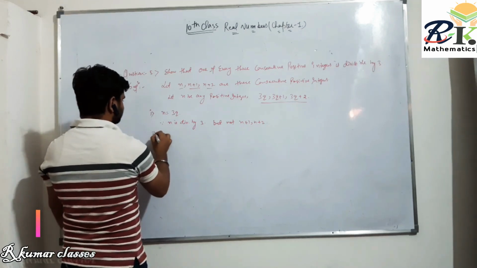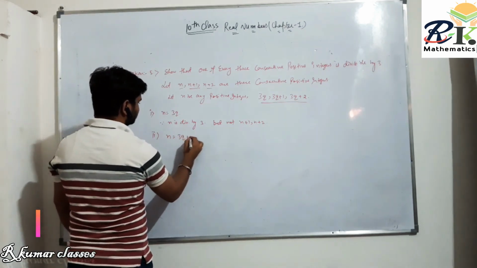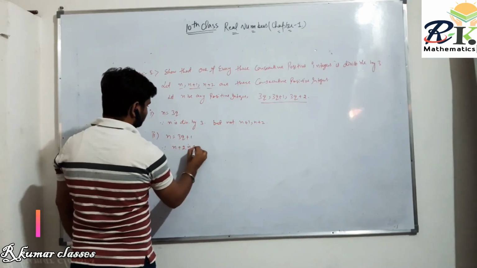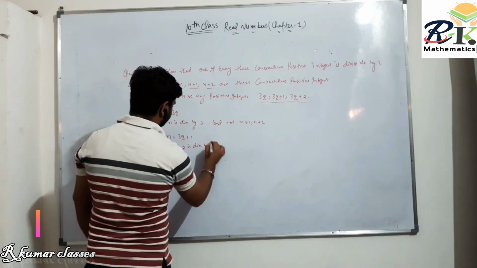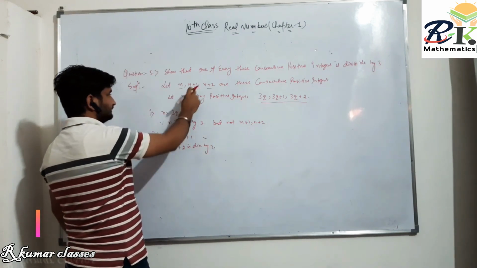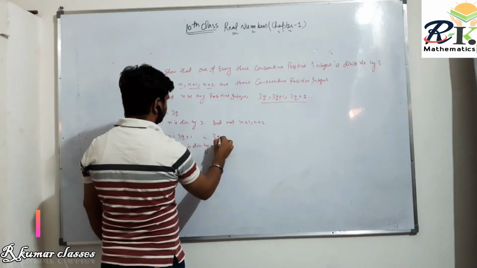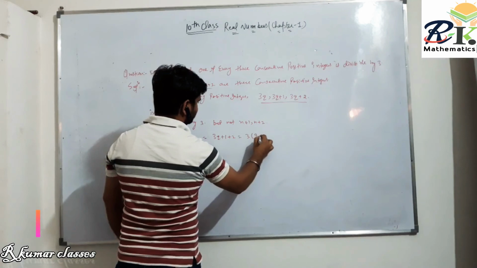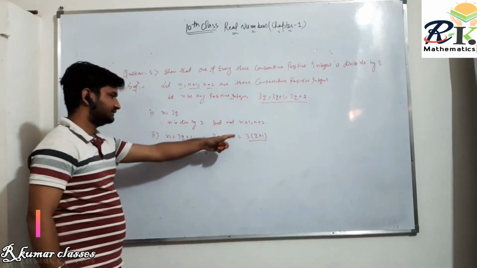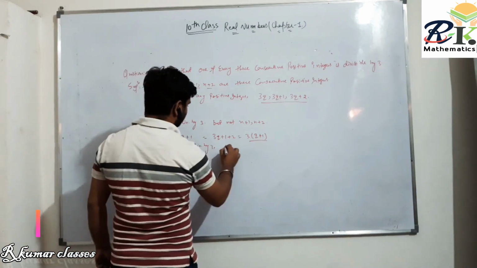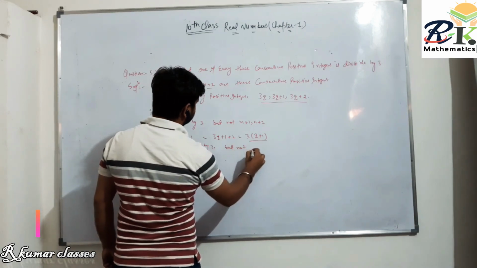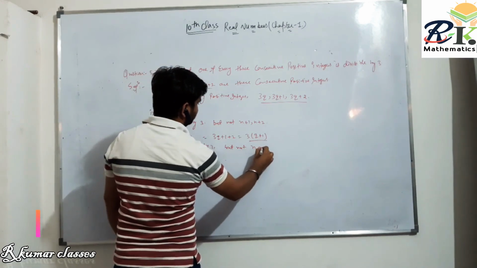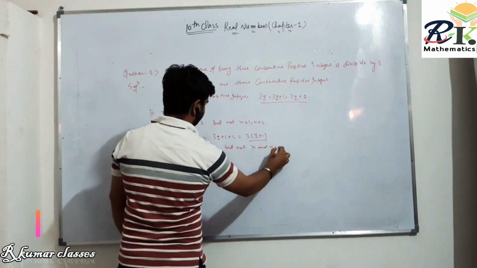In the second case, if we take n is equal to 3q plus 1, then in this case n plus 2 is divisible by 3. How? If we put the value of n, 3q plus 1 plus 2, so this is 3q plus 3, so this is divisible by 3. So n plus 2 is divisible if we take n is equal to 3q plus 1, but not n and n plus 1.